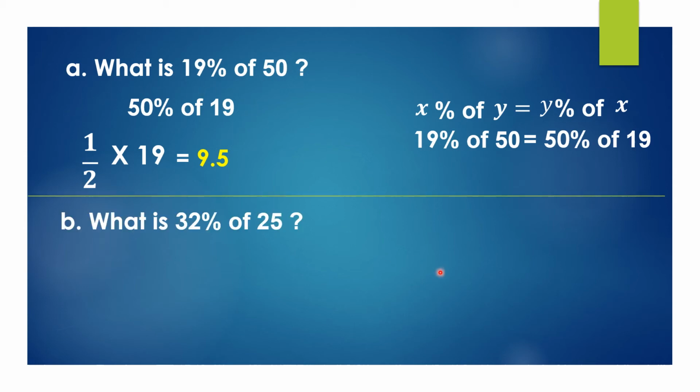Now let's see one more example. What is 32% of 25? Same formula, y% of x is the same as x% of y. We will replace it as 25% of 32 now. So from the chart in the part 2 video, 25% means it is 1 by 4 into 32. So 4 ones are 4, 4 8s are 32. So 8 is your answer. The only thing is the percentage into fraction values you have to remember so that you can solve it easily.